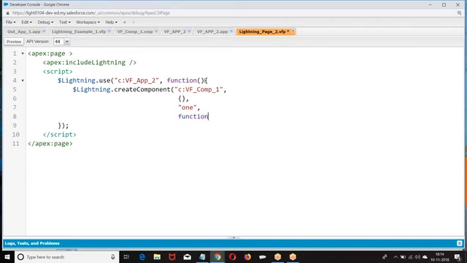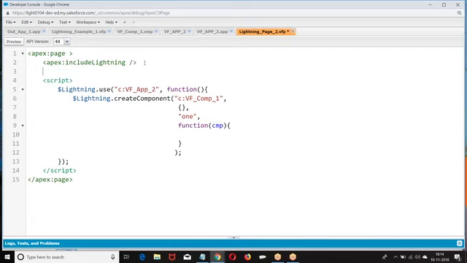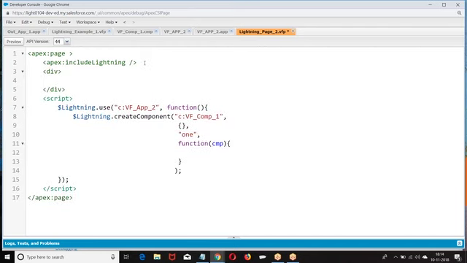Then you want to give a callback action. You can define it. This is how we are giving. So where you want to display, the ID equal to 1.